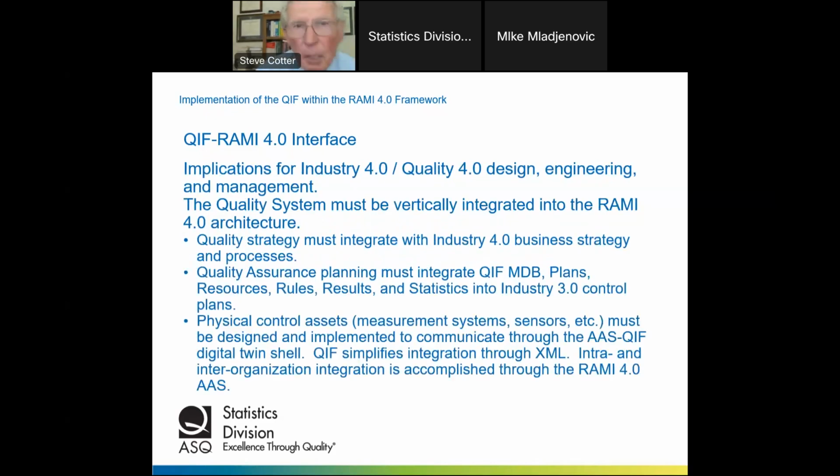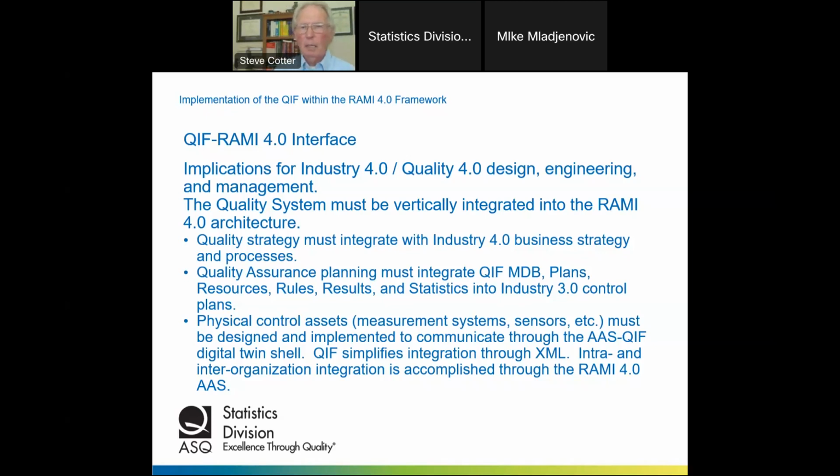The implications for Industry 4.0, Quality 4.0 design, engineering, and management. Quality system must be vertically integrated into the RAMI 4.0 architecture. Quality strategy must be integrated with Industry 4.0 business strategy at the business level. In the RAMI architecture, quality assurance planning must integrate QIF, MDB, plans, resources, rules, results, and statistics into Industry 3.0